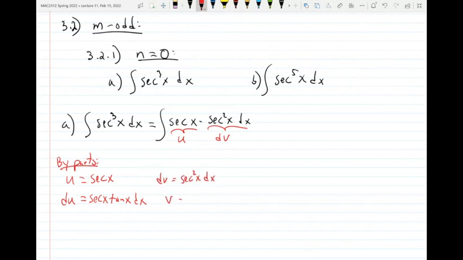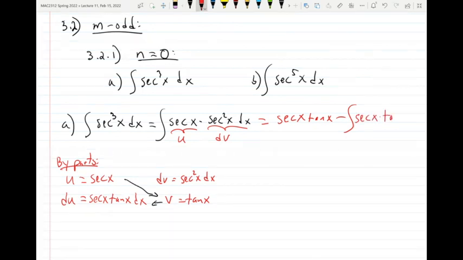And then v is going to be tangent of x. Okay, let's go. So we do uv. So this would be uv, so secant tangent minus the integral of v du. So when you do v times du, you're going to get secant times tangent squared